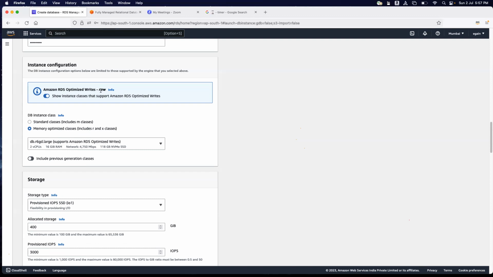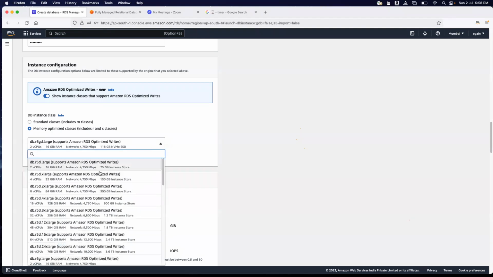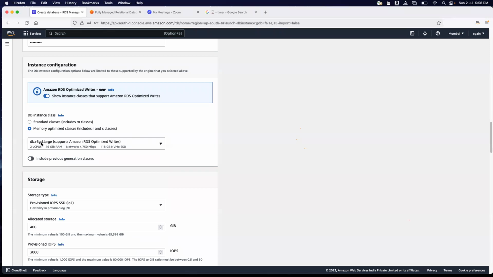This is very effective because with at least 2 to 3 customers, not many, I proposed the RDS Optimized Writes option, because their requirement was very high, with write intensive queries. You see that the moment I enable it, only selective instances will be there, and there's an option called GD. You can see there's an option called R6GD. So whenever you see this D, then it is something like